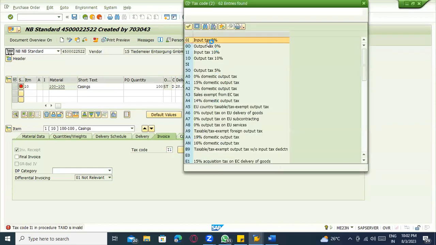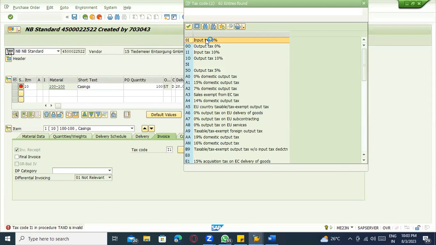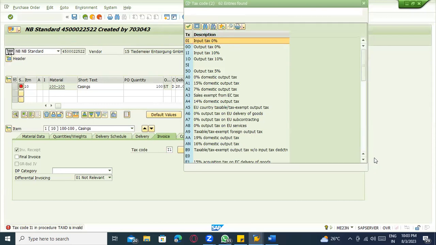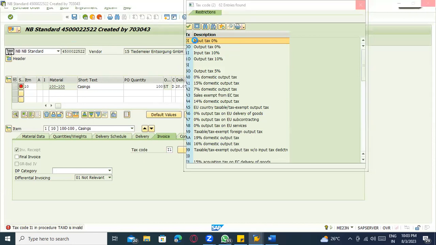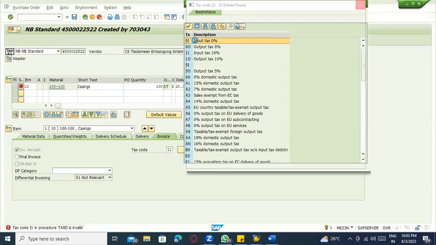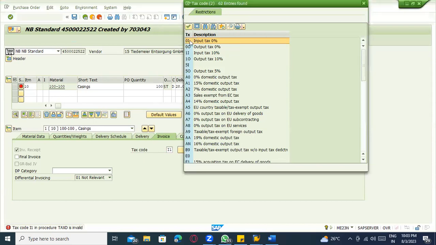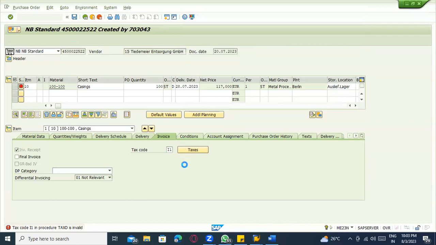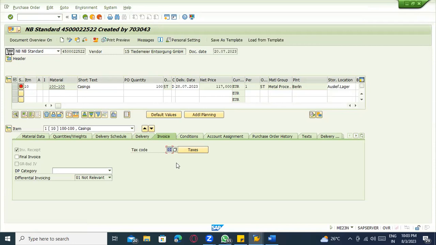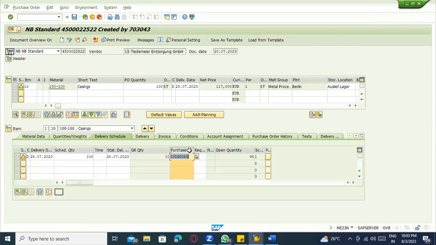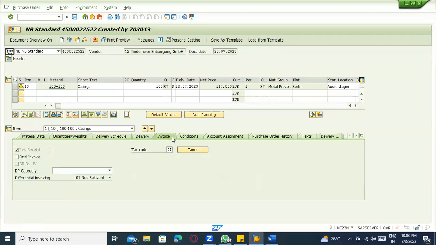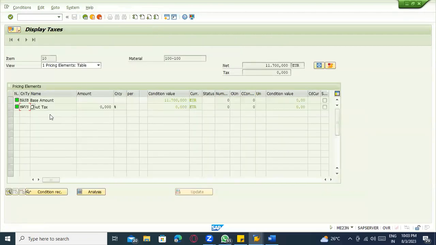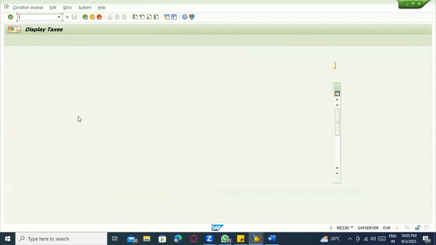If I go to 0I and maintain it, let's see. New step, just click on this. So this tax procedure which is coming here, how is it coming?